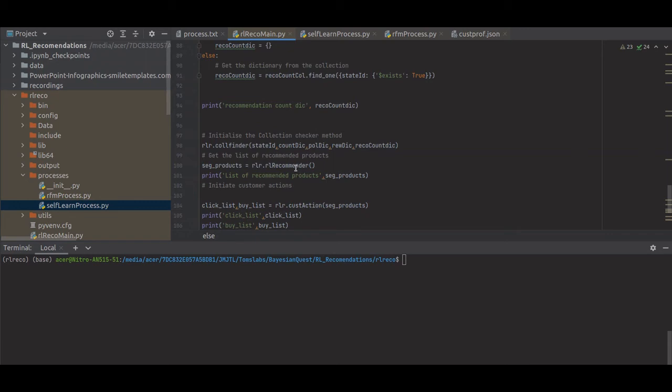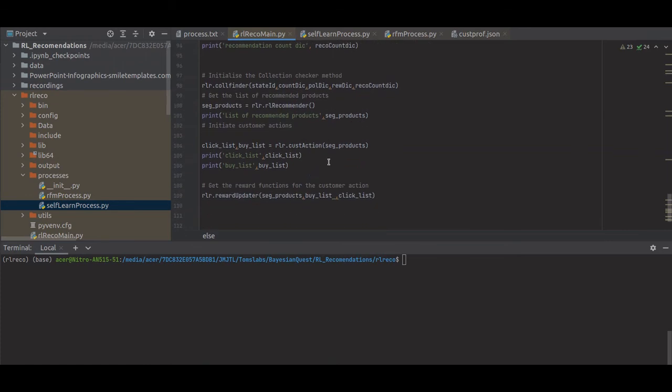There are multiple methods implemented using this RL recommender method, in terms of different processes, like getting your top products, sorting those top products, and then finally getting the list of top 10 products, or top n products, whichever we want. All these methods are implemented using the RL recommender, and so we get the final list of segment products, which we print.